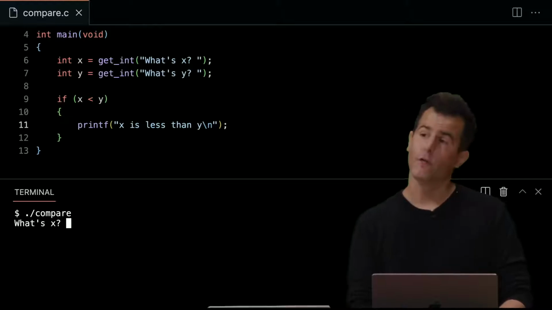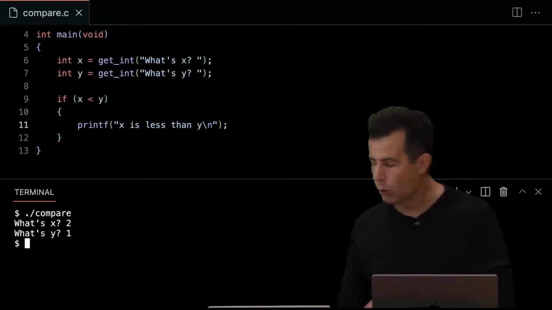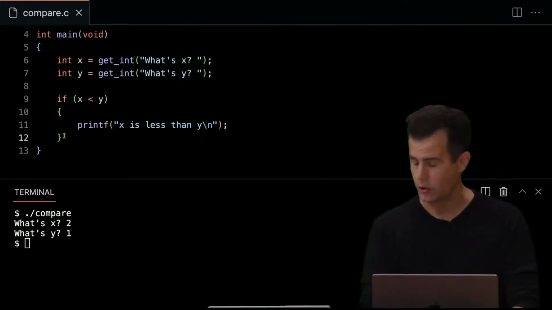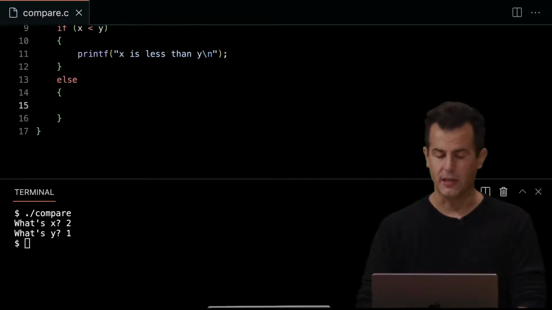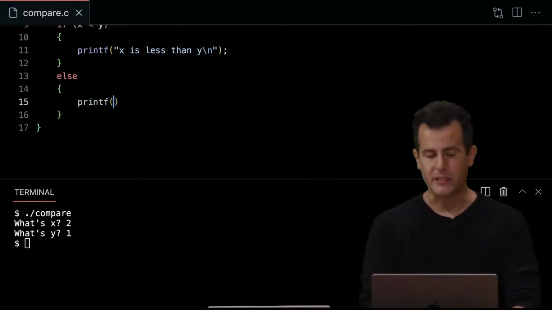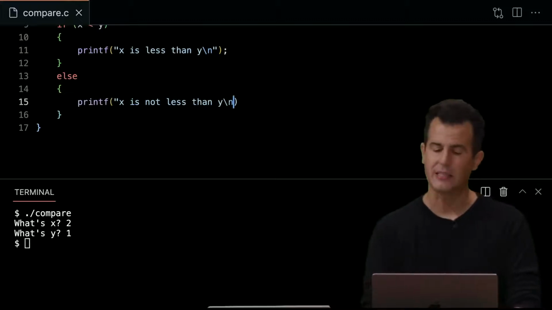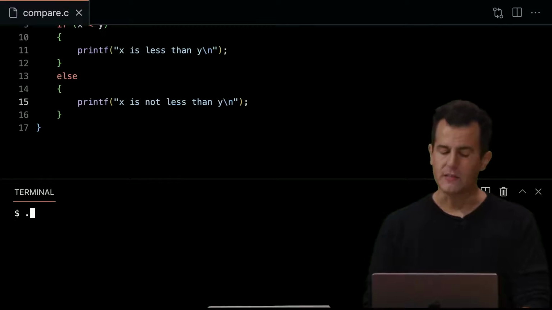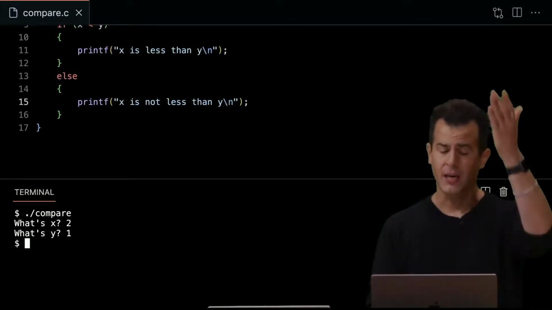Enter. Let's reverse it this time. 2 for x, 1 for y. And now, of course, there's no output. All right, well, that's logically to be expected because we didn't have an else here. So let's add that. Else. Now let's open my curly braces, letting VS Code do one of them for me. Printf, quote unquote, x is not less than y, \n, semicolon. Let me go ahead and try this again. ./compare, enter. Again, 2 for x, 1 for y, and we should see,